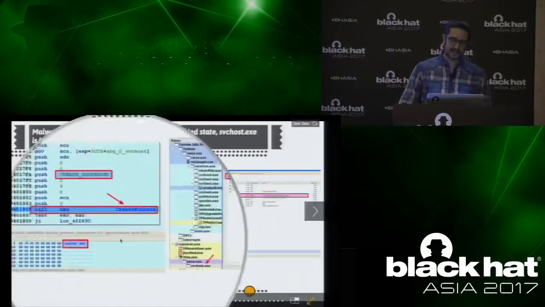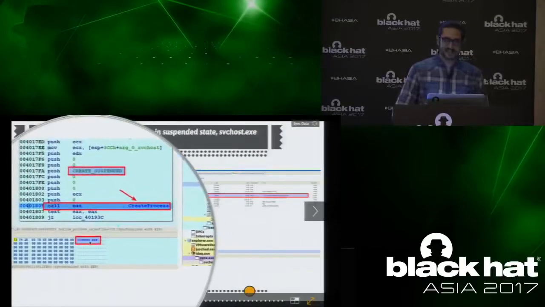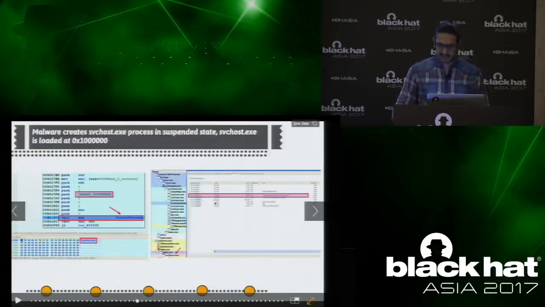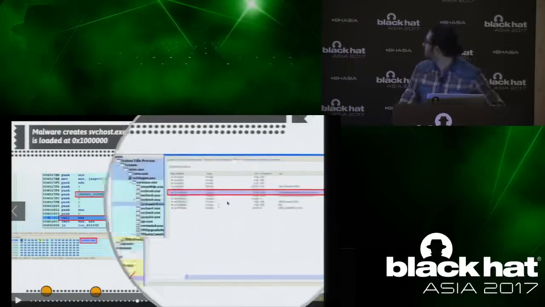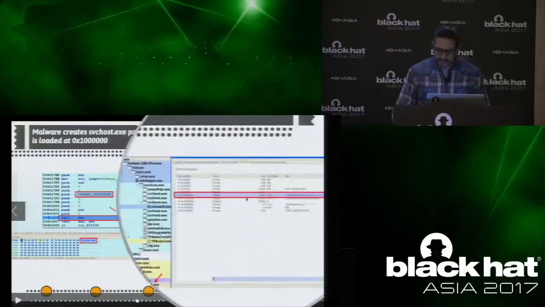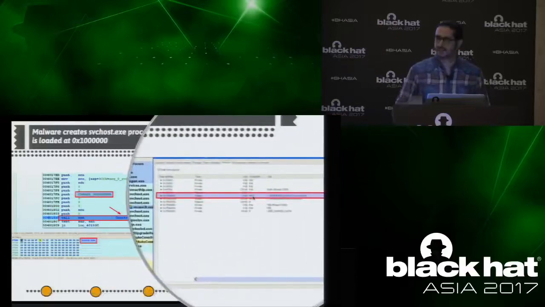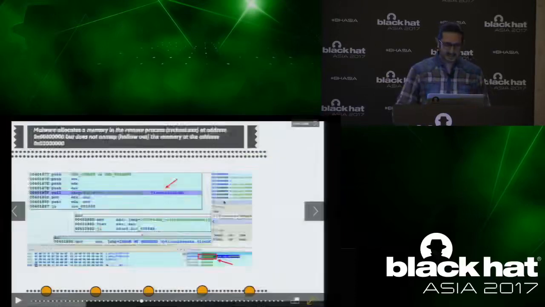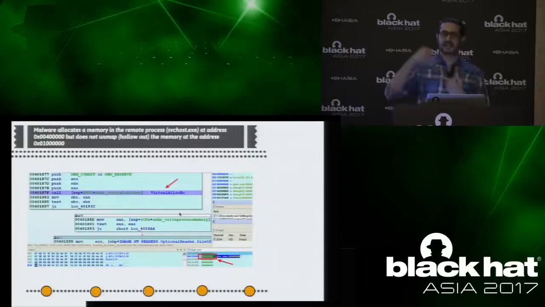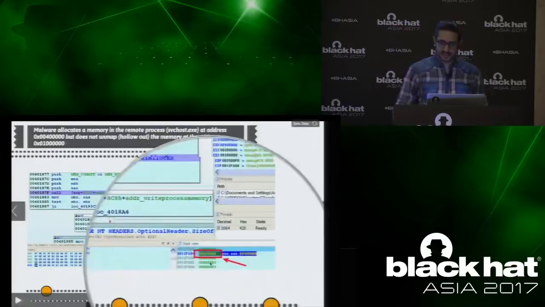What Tidor did was, first it created a legitimate process, svchost.exe, in the suspended mode. As a result of that, svchost.exe was loaded at this address, that is 1 followed by 6 zeros. That's a normal step. And also notice the memory protection is write copy because it was normally loaded. Then, if you remember Stuxnet and Skia, they hollowed out the executable section. In this case, Tidor kept the executable section as it is. That is the section where the suspended svchost.exe was loaded. And then it allocated a new memory in a different region.